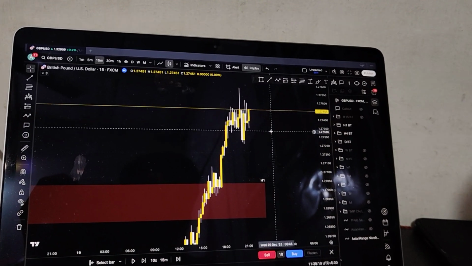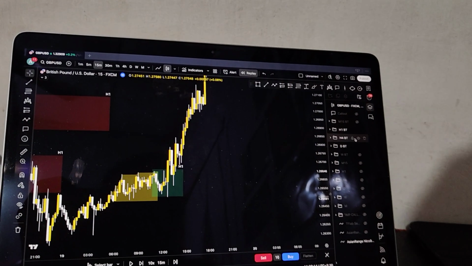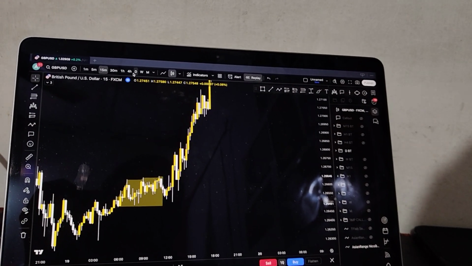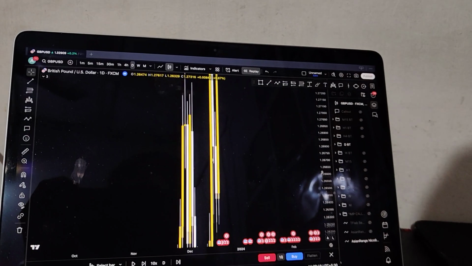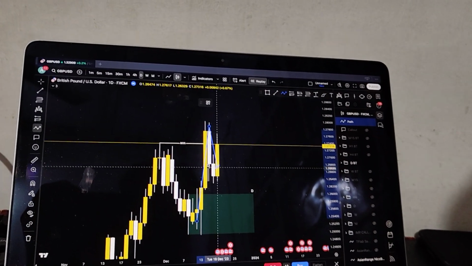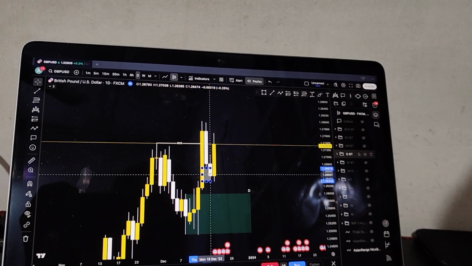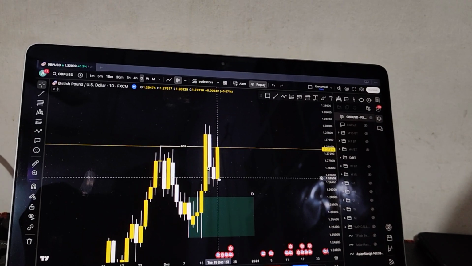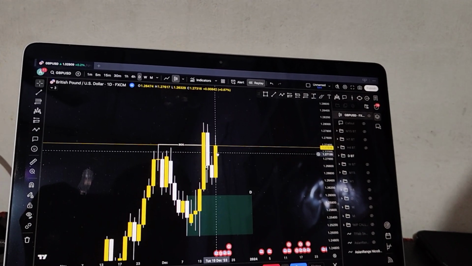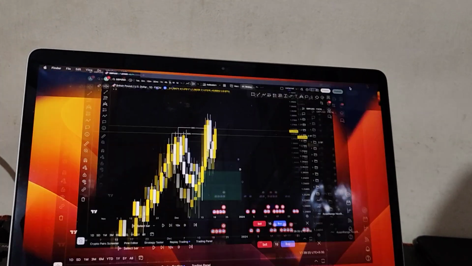So now going on Wednesday, my bias may change. As you can see, we adapt to the market, we don't predict the market, which is the best thing you can do in the markets. Whereas now looking on daily, my bias was bullish. Yeah, my bias was bullish. Now it has aligned. The daily bias has now aligned after making a higher low, filling up this fair value gap. Everything is making sense. And on Tuesday, it is now continuing heading towards the upside, aligning with the weekly bias being bullish. It is also a bullish engulfing candlestick.